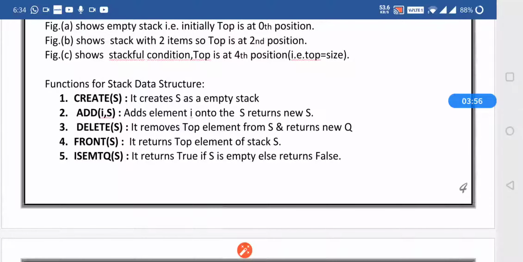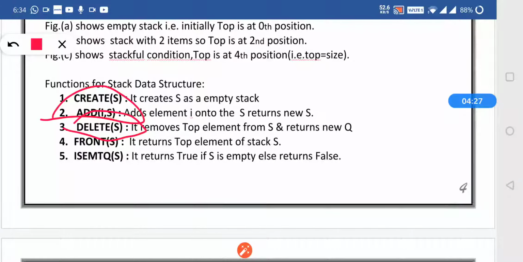The next function is delete S. It removes the top element from S and returns the new stack. We can see over here that at the time of add we say add with an element, but when I say delete, at that time we do not pass an element, because we have the liberty to insert any element that we want, but we do not have the liberty of deleting any particular element.